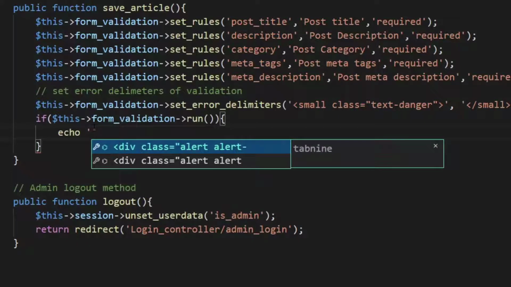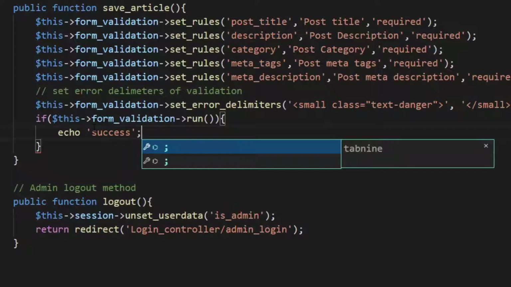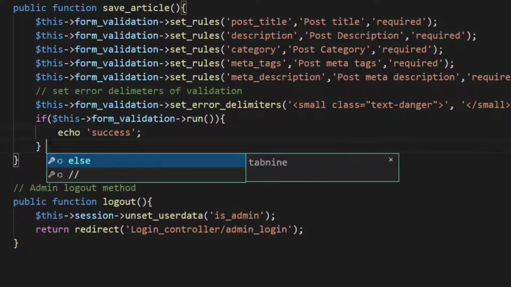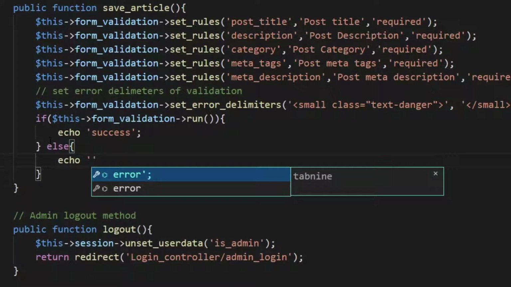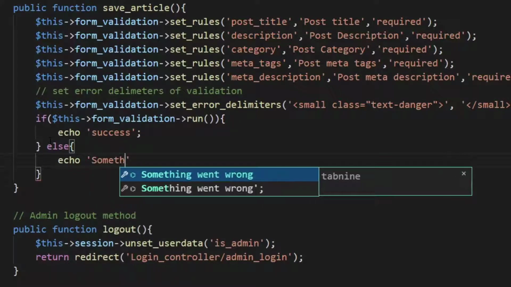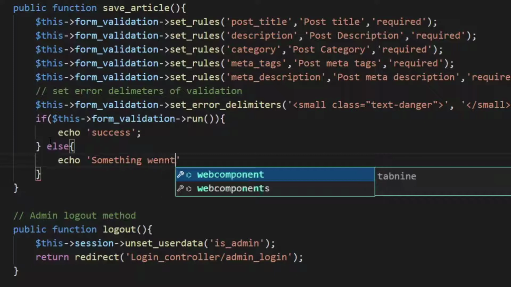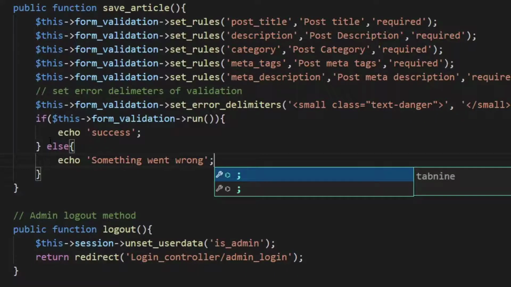Echo success. Else, print echo something went wrong. Now check again,